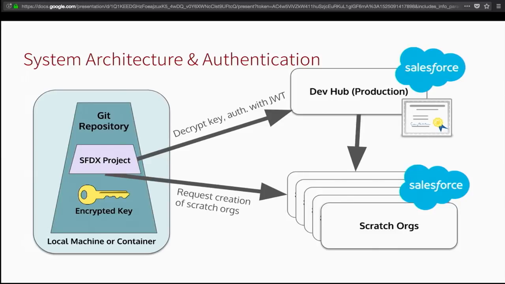In this case, the things that we have are going to be a server certificate that lives on your production Salesforce instance as part of a connected app we're going to build. And the other thing that we have is an encrypted key file that lives in your Git project. The thing that we know is going to be the passphrase under which we've encrypted that key file.